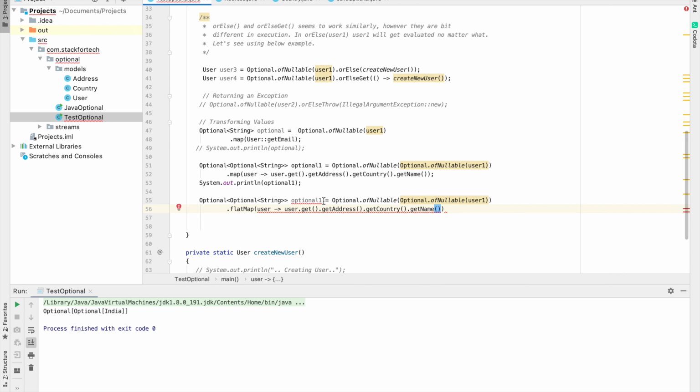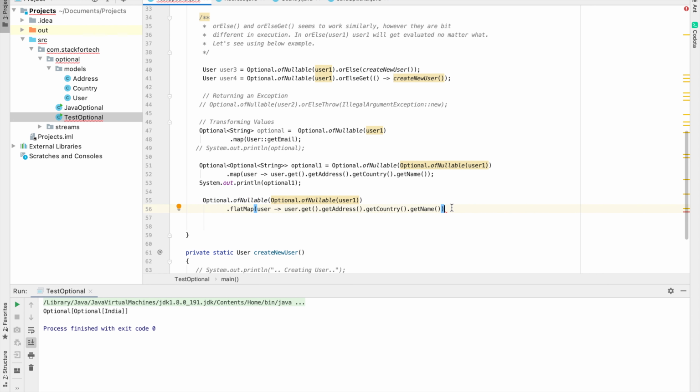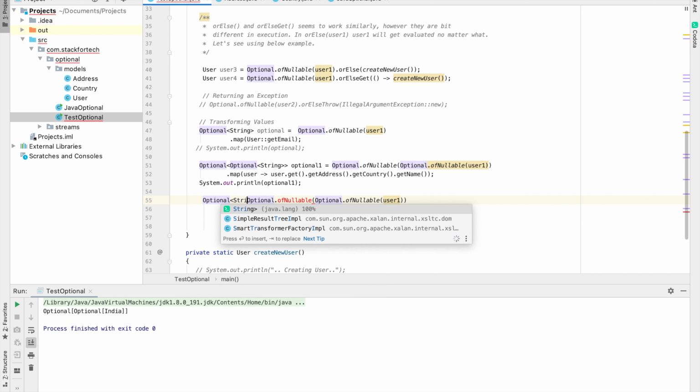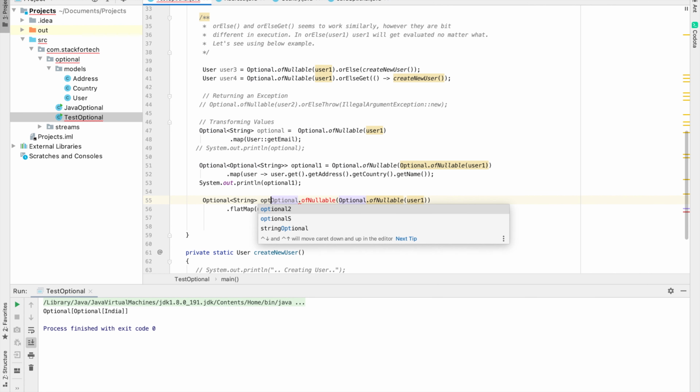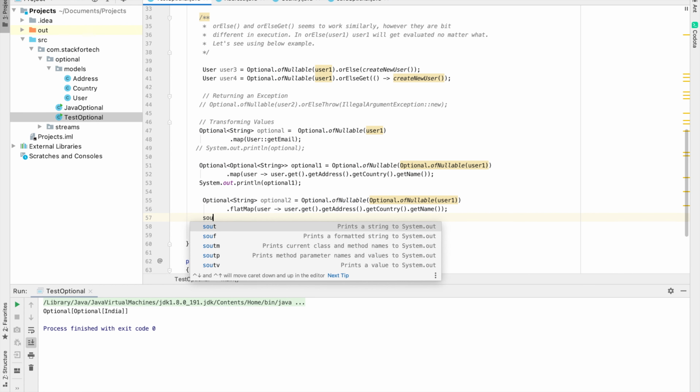Okay, so what this get name will return is an optional of string, and what this flat map will return, it will just return an optional of string instead of multi-level optional object. So let me just take it into one optional of string, optional 2 equals to this, right?